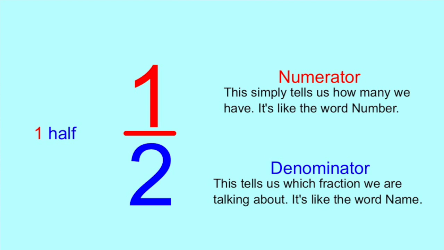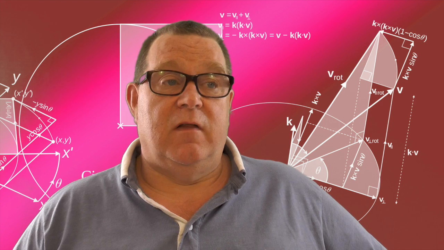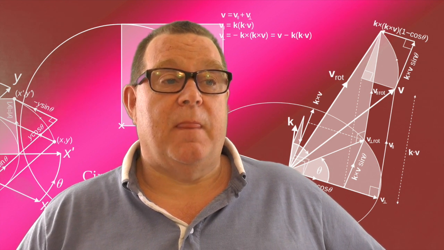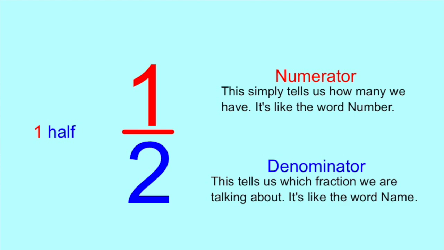Now the number on the top we call the numerator, and this simply tells us how many of that fraction we've got. The word numerator is very like number, so it is telling us the number of these fractions we have. The number on the bottom is the denominator, and the word nominate sounds very much like name,